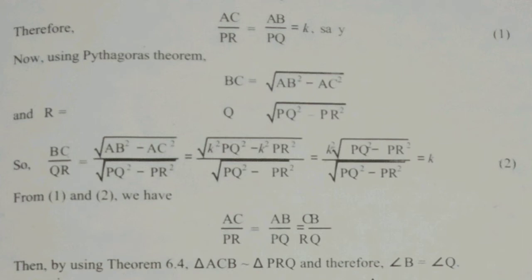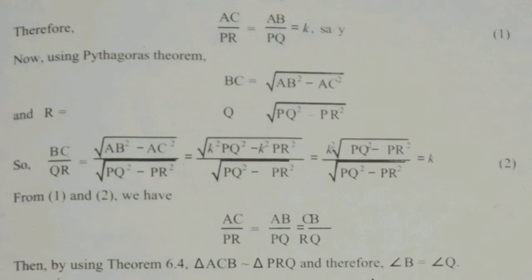Hence, by using theorem 6.4, we can say that triangle ACB is similar to triangle PRQ, and therefore angle B is equal to angle Q because of